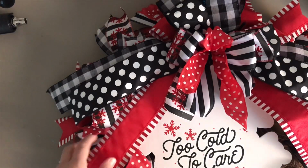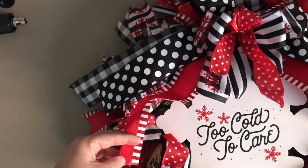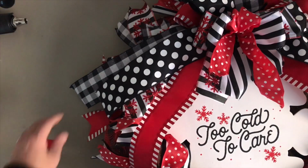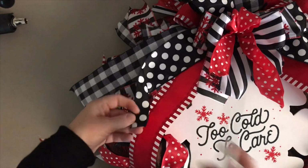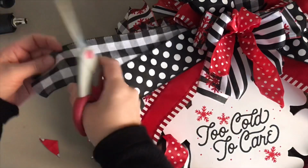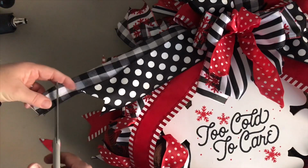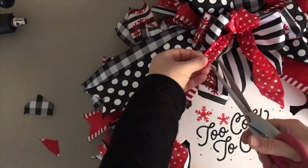Okay, it's good. So I just like to go through and dovetail these, all of these ribbon tails. So you can see I've gone through and I did all the other ones as I made the wreath. And right now, I'm really not going to take any length off. When I get them all done, I might go back and take some length off, but I think for now I'm going to just,